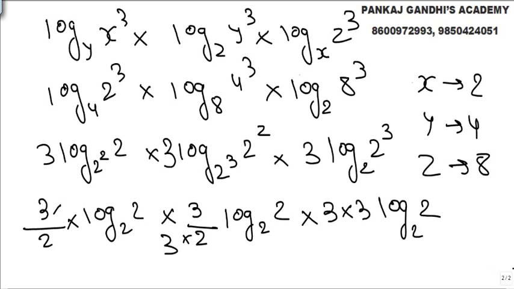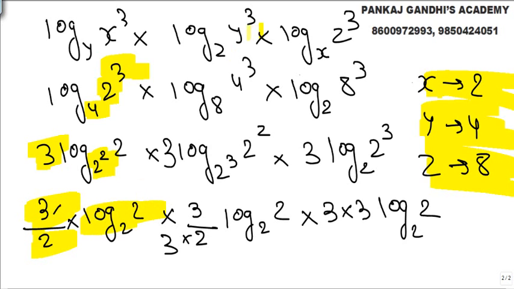So this is 1 1 1. Look, quickly check what we did. Trial and error, like putting in the answer options' values. X is 2, 4. So this 3 comes outside, 2 squared, this 2 from the denominator comes outside. Now y is 4, raised to 3 comes outside. This 3 comes into the denominator, and this power 2.